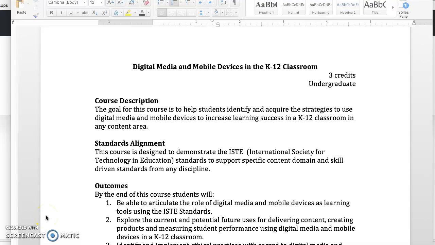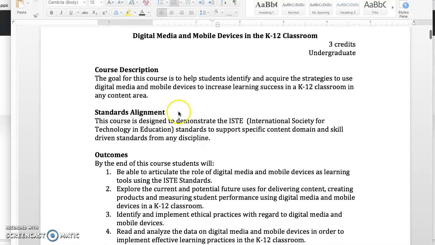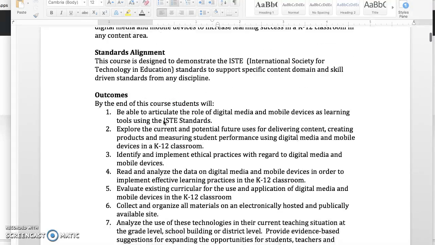Hi everybody. What I'd like to do right now is to talk about our syllabus for the class. So the first thing I want you to do is to make sure you've got the right syllabus. We're talking right now about the undergraduate syllabus, so please make sure you're working off of that syllabus if you're an undergrad. So the beginning of the syllabus is just the same old stuff, the course description, standards alignment, the